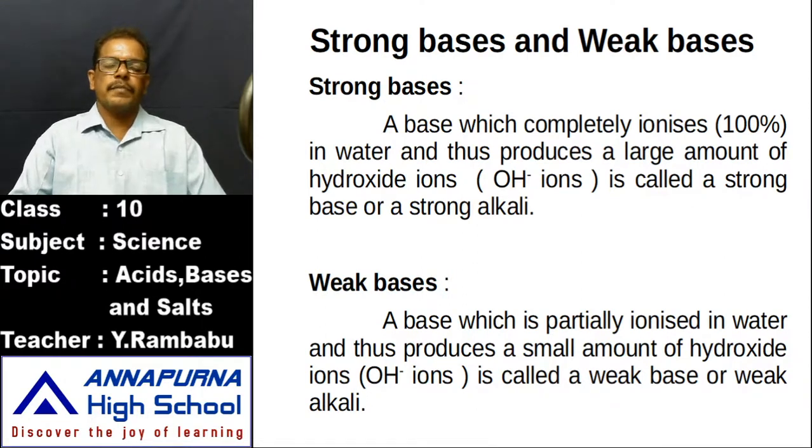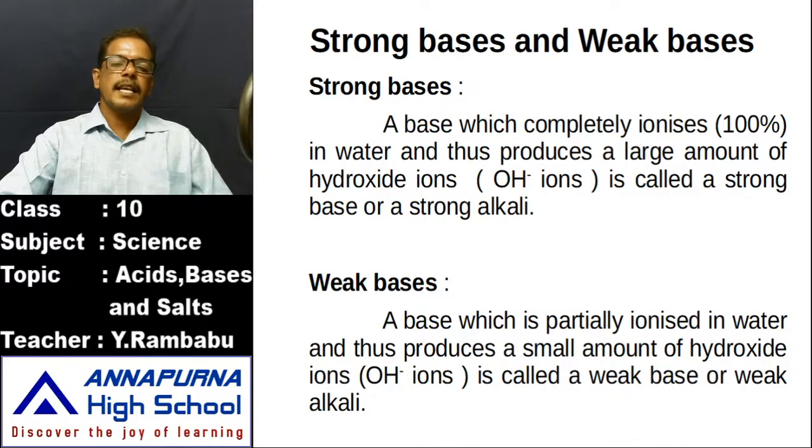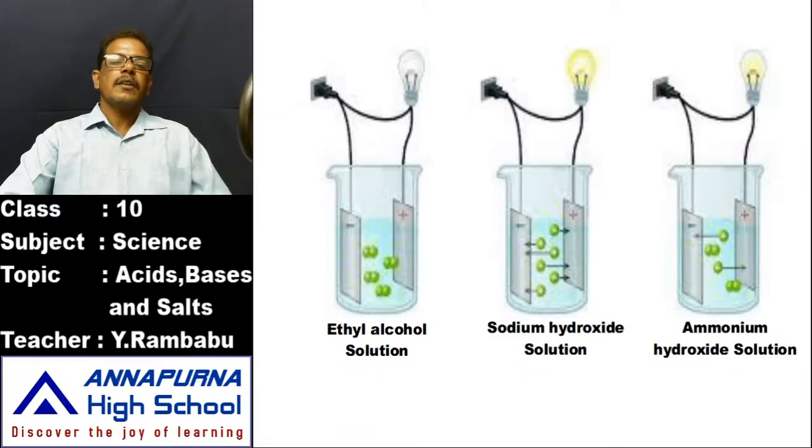Magnesium hydroxide, what we call milk of magnesia. Its common name is milk of magnesia. It is used as a weak base to neutralize this acidic nature, whenever we suffer a problem of indigestion, that means what we call acidity. Okay, these are about strong bases and weak bases.